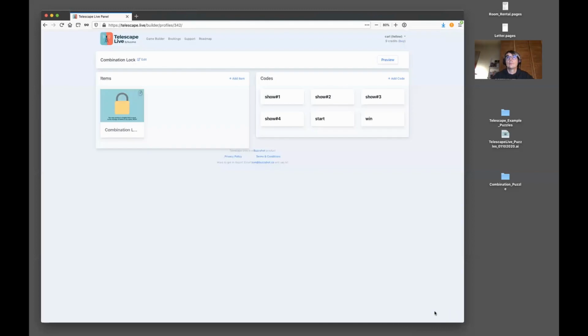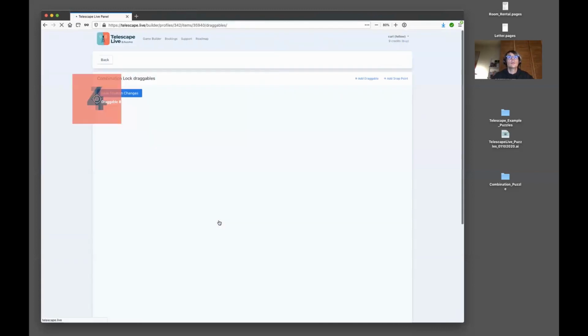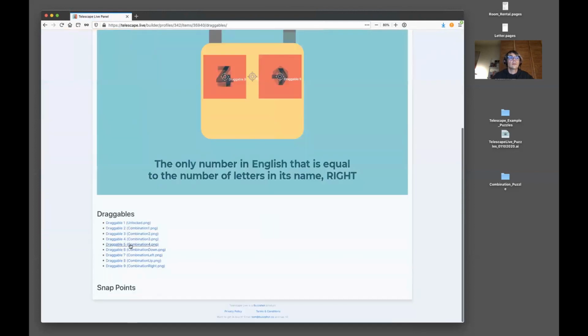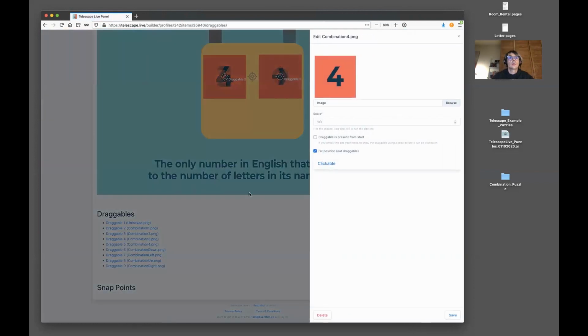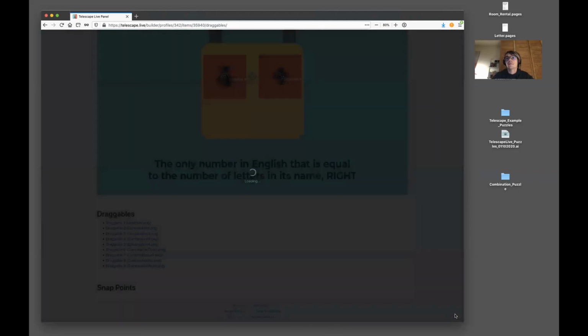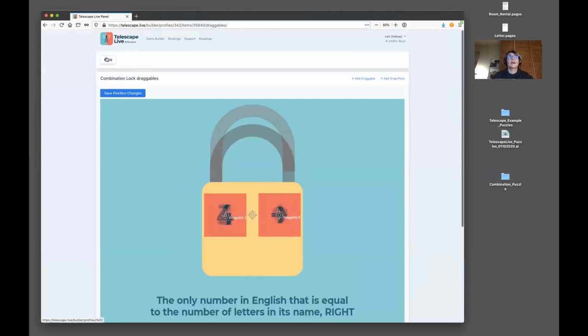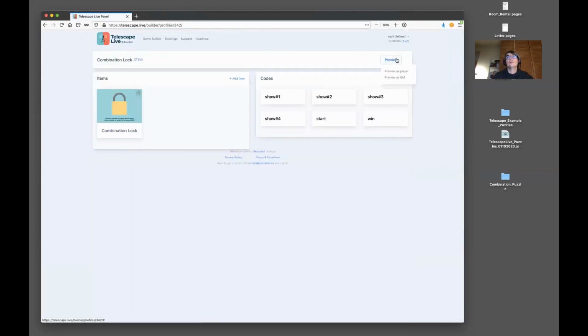And then in combination lock, edit draggables, you need to go down to the number 4 and make sure that it's clickable and that it triggers show number 1. Okay, hit save. Go back, preview,